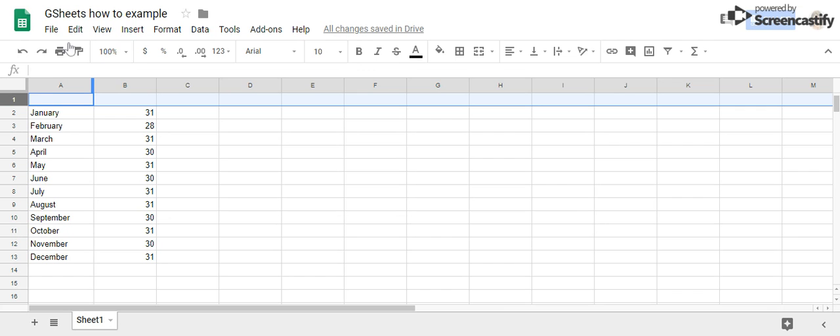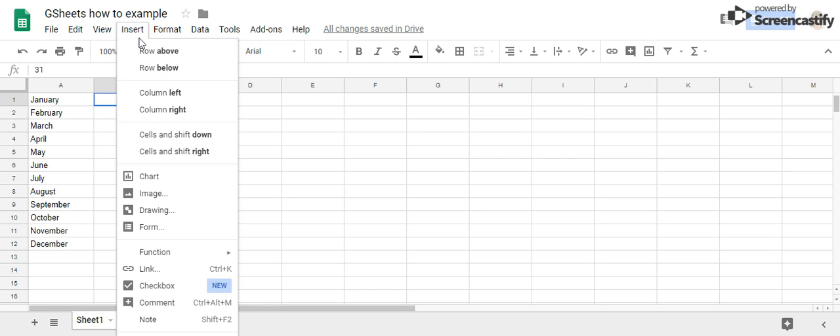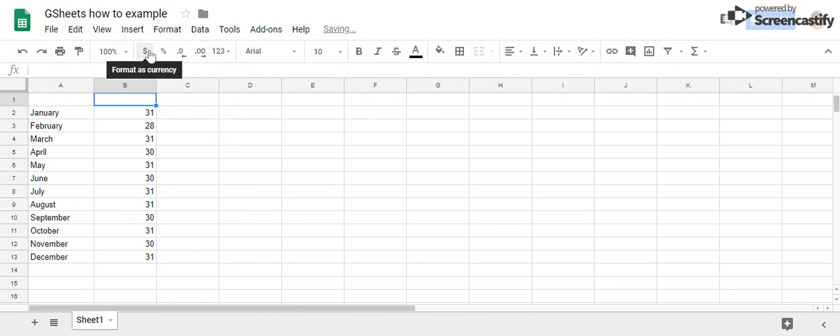If you would like, you can also go up to the top and insert a row above. And that will again insert a row all the way across the sheet. We always need to have things labeled, so I'm going to label this as the month, and this is the number of days,